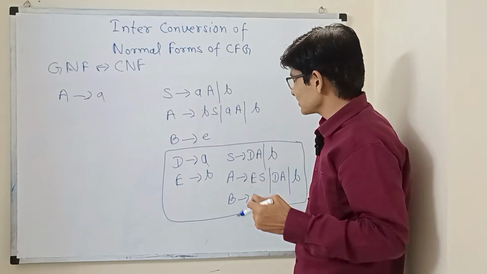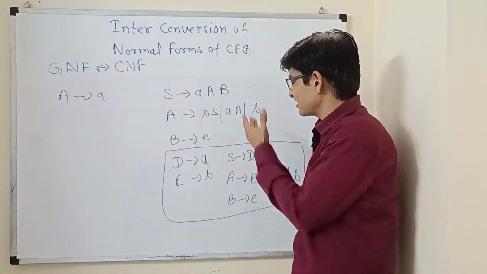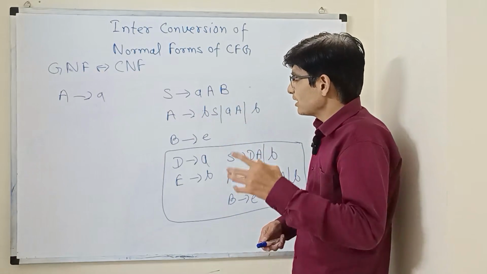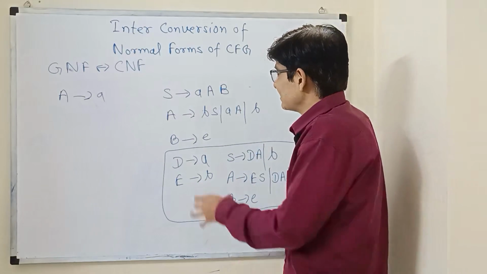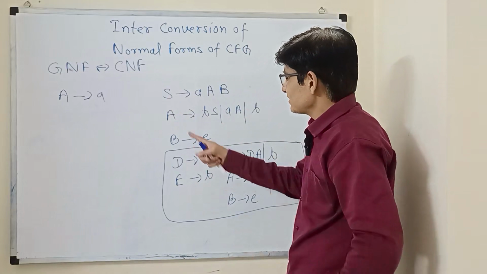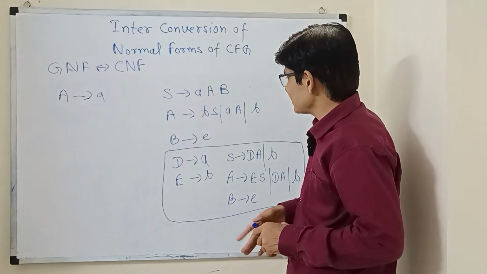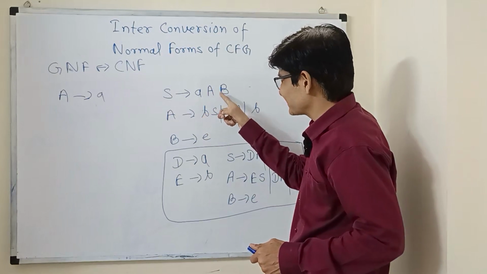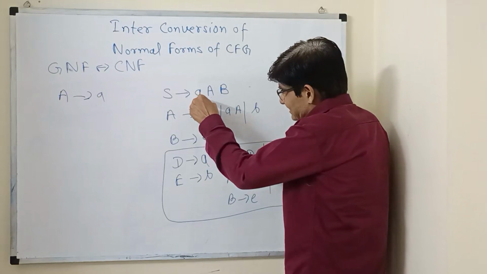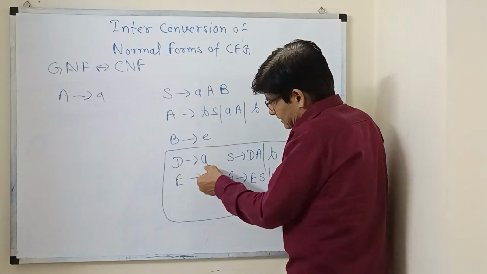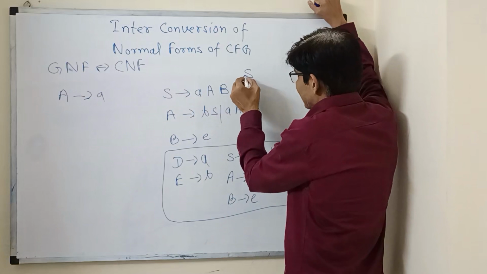So I hope this process is very much clear. Now I will make a little change in this grammar, and I will show you a different type of production to change into CNF. Now suppose this production of S is like this: S gives small a, capital A, B. So now to convert this particular production into CNF, what you will do is generate this small a from some variable, like this D. So this production would become